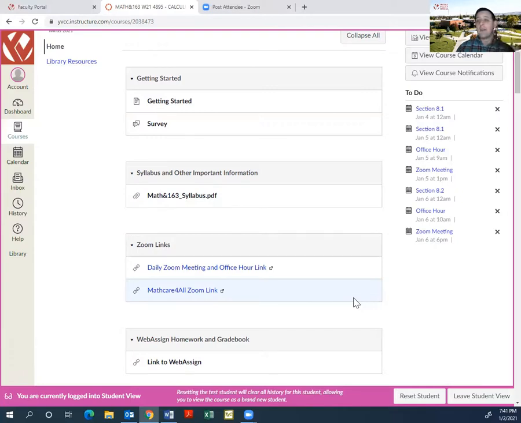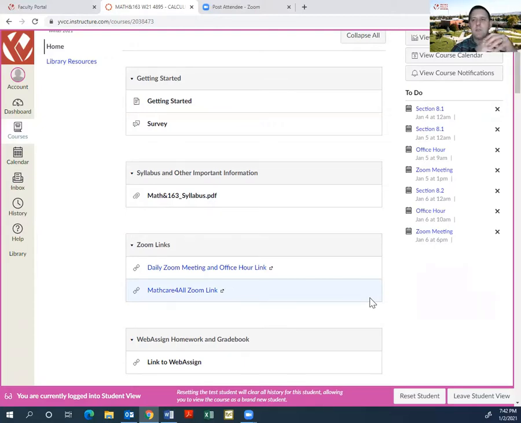And I'm also going to have an office hour every day. That's a little bit different than the Zoom meeting, because the Zoom meeting is just our class, right? So only people in Math 163 are going to show up there. So we'll all be on the same page. My office hour is more that traditional time where I'll have students popping in from potentially various classes, and that'll be a little bit more individualized.